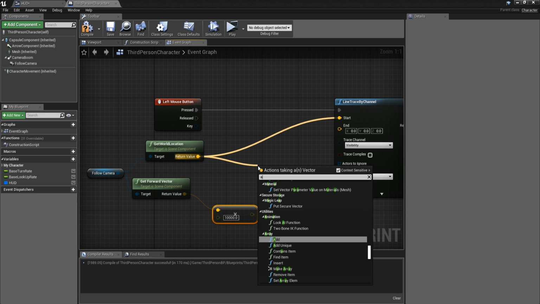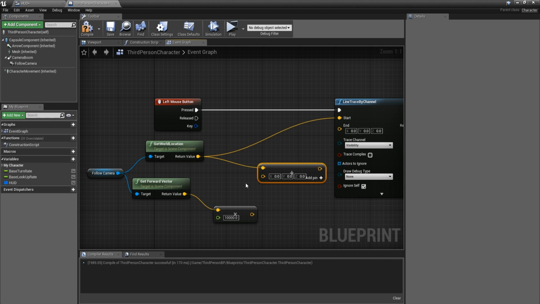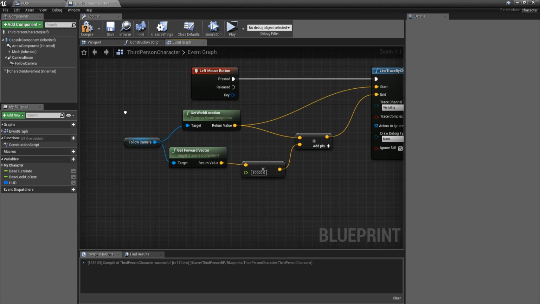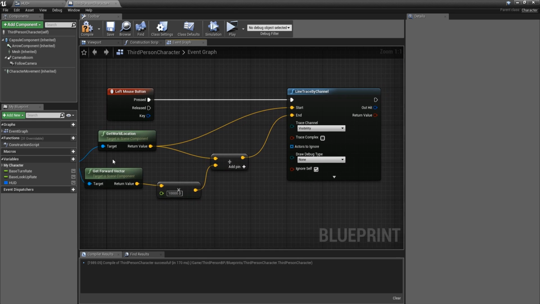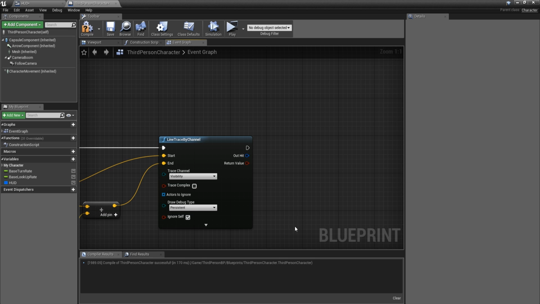Okay, then let's add these values, so vector plus vector. Then plug this in the end, and now this is going to set the location and the orientation of our line trace. Draw debug type, I'm going to put it here for persistence so I can see it, and if this hit anything, so if the return value is true, which means that it hit something,